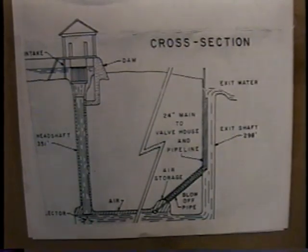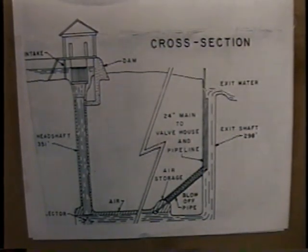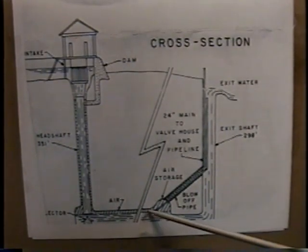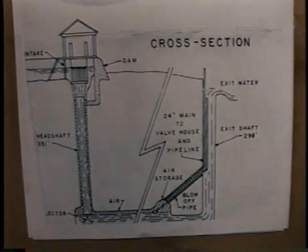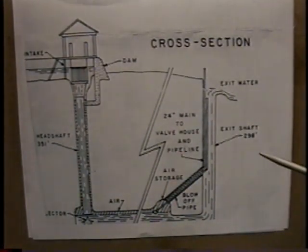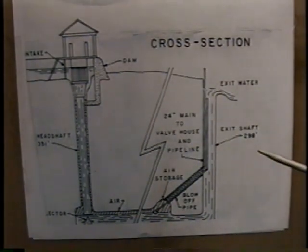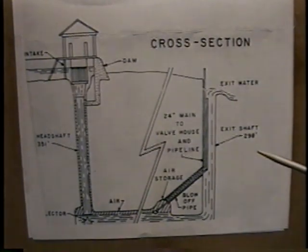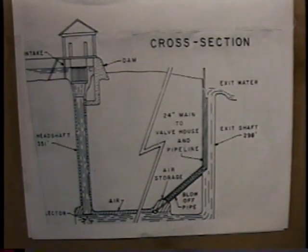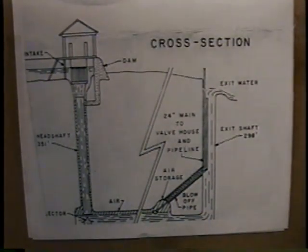These steel-covered cones at the bottom of the shaft help to separate the air from the water, and as the water and air travel along this tunnel, it rises and comes into an air chamber or a receiver, and then rises to the top, and it will reach a pressure of 125 pounds per square inch. This air is sent to surface through a 24-inch steel pipe, and from there it is sent on into the